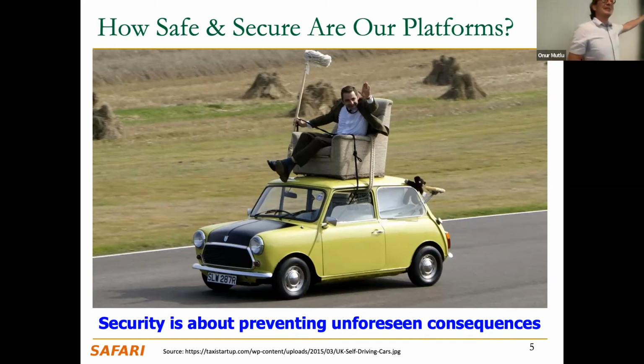This is Mr. Bean. You may have seen this, and clearly he is foreshadowing the future. If you have infrastructure that looks like this, which is going to be much more common than bridges, of course, driven by somebody other than Mr. Bean pulling strings, and if you get bitflips in this, we may not be very happy going into the future. And this infrastructure will be all over the place. There are billions of devices that are going to be around us.